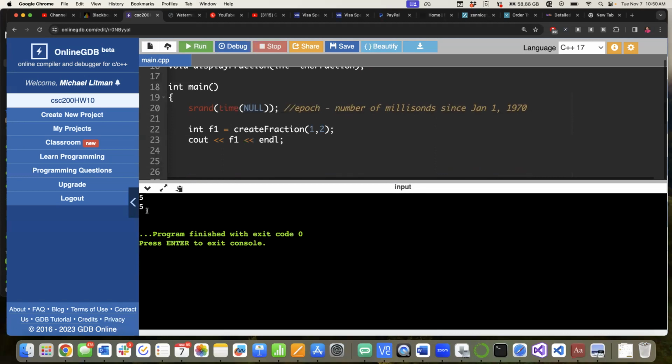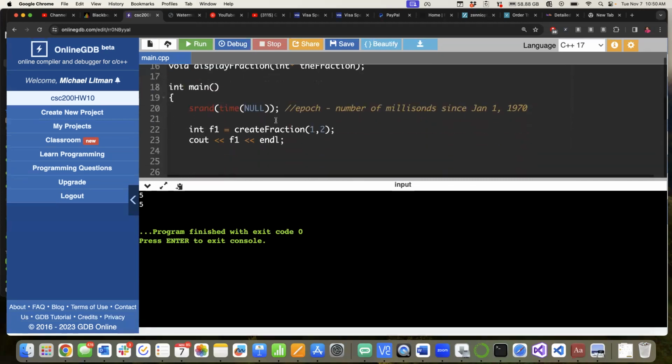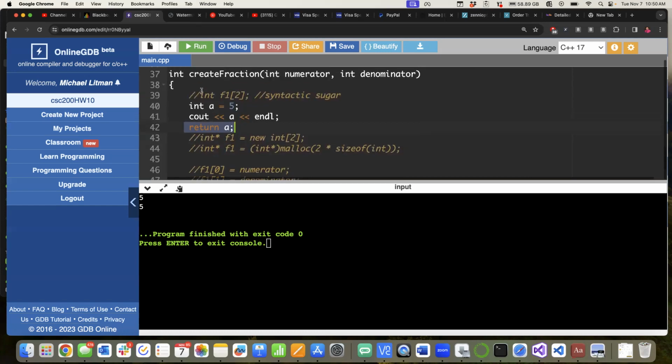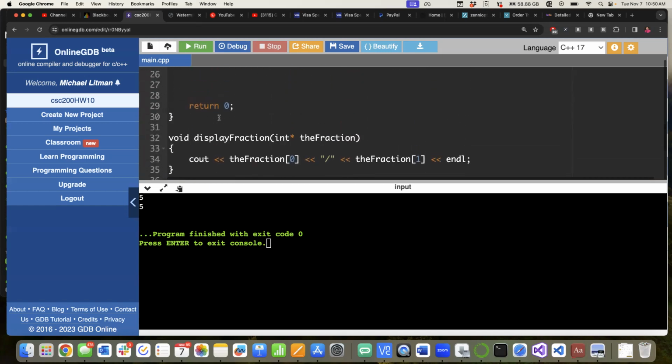Why is that? Based on what we've learned, when we returned this a right here, it was using the same mechanism as pass by value, right? So we passed a copy of the contents of a, the 5. A still disappeared after this was gone, but I handed out a copy of it. Whereas if I use this syntax and I was returning an int pointer,